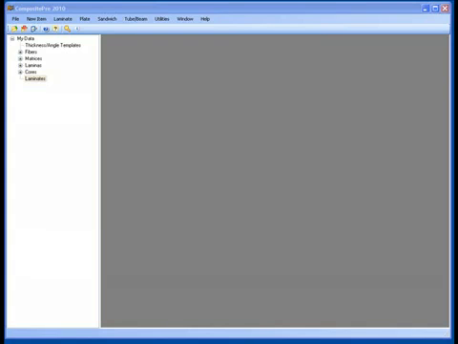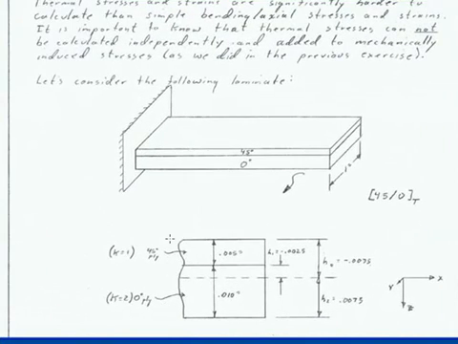Alright, the goal for this video topic is to develop a composite that is asymmetric, not balanced, apply a delta T to it, and through the combination of contraction or growth and curvature, confirm that CompositePro's output is consistent with verified hand calculation. So to give you a brief overview of the problem we're going to do, here is a